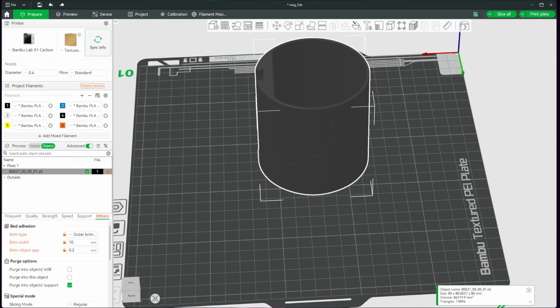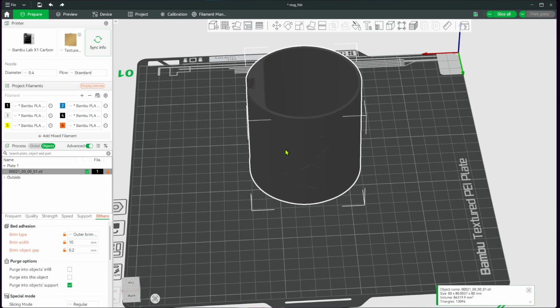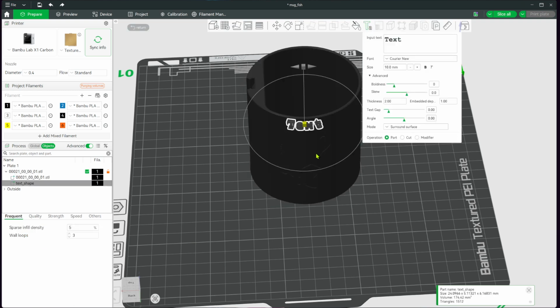So in this video I'm going to show you how to make text flash in Bambu Studio. So select your model on the build plate, so this one here. Click the text tool icon, or you can press T on your keyboard. Now what we are going to do is we will type our desired text,